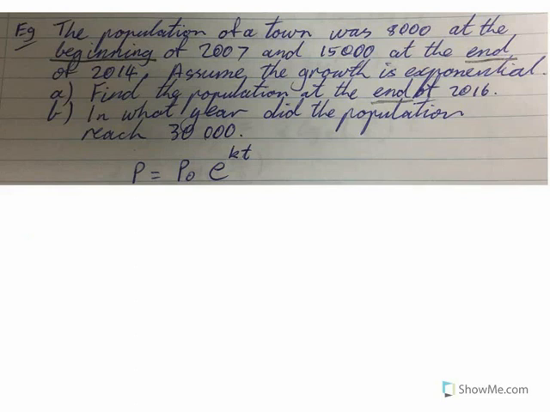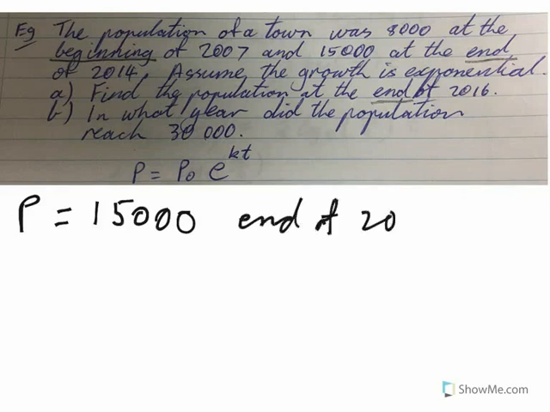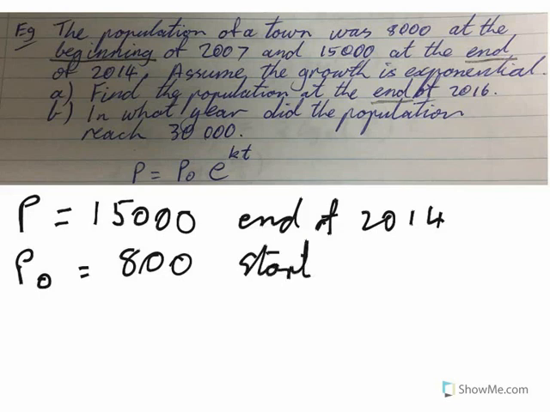Population, P, which is 15,000 at the end of 2014, and of course P0 was 8,000 at the start of